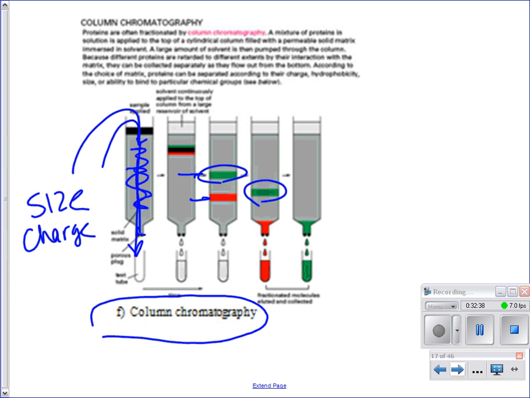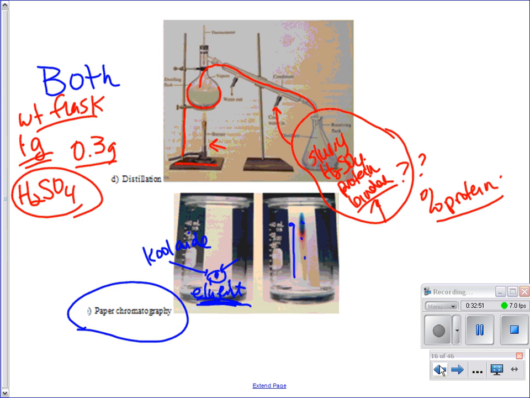You are not going to be tested on this. Just know we're going to do this at the end of the year, and it is a method for separating homogeneous mixtures, very, very complex mixtures of things. I forgot to tell you that. What is this? Homo. Yeah, you couldn't separate sand and water with that. That'd be tough, that sand crawling up the paper.